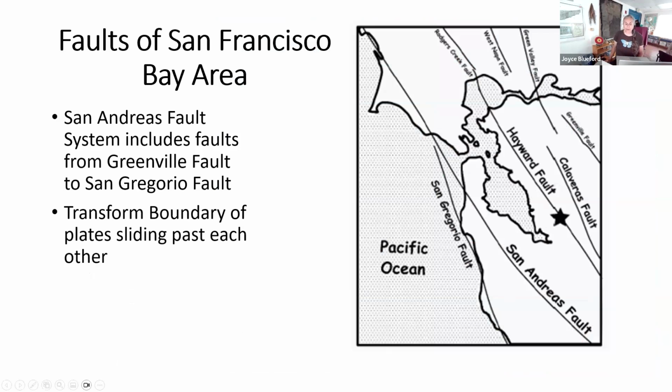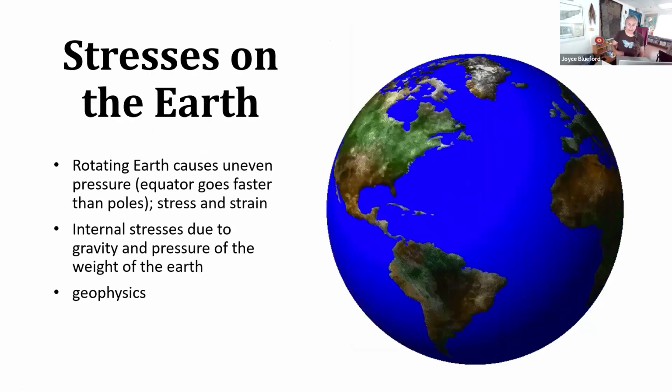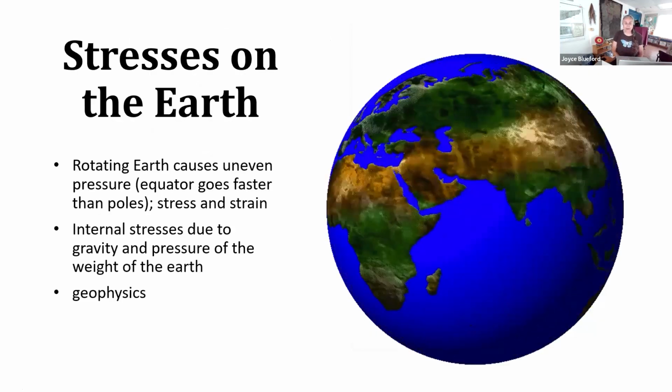But this is part of the San Andreas Fault system. This whole group of faults, from the Greenville Fault over to the San Gregorio Fault, is the plate boundary. It's a transform fault, which I'll go over in a little bit, but that whole area is the fault boundary. We are part of that fault boundary and we are slipping by each other. Now, I want to go over